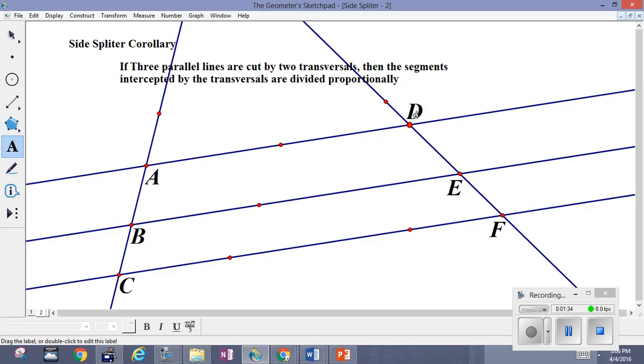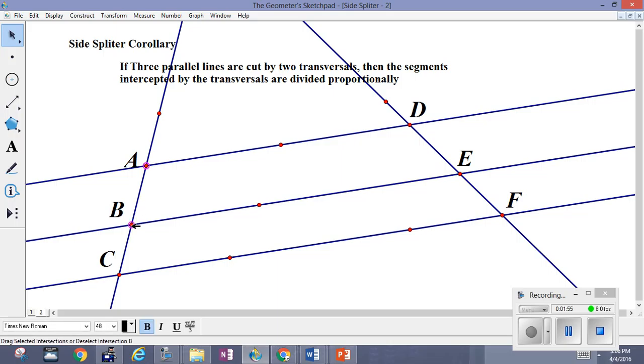And what we're going to find here is that we're still going to get this top to bottom ratio between these segments. So in other words, AB is going to be to BC as DE is to EF. So we got the top to bottom ratio, top to bottom ratio. So let's just quickly make those calculations. AB,